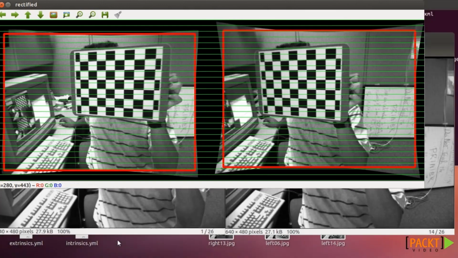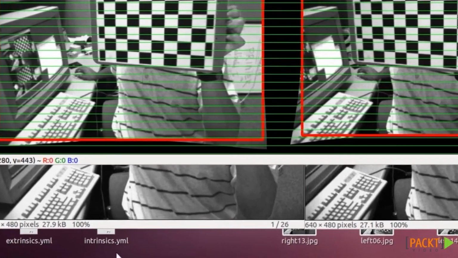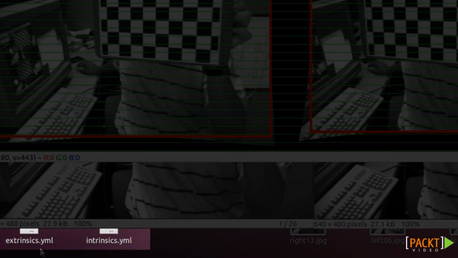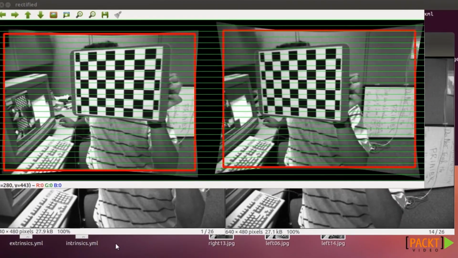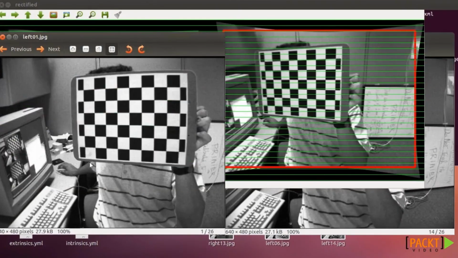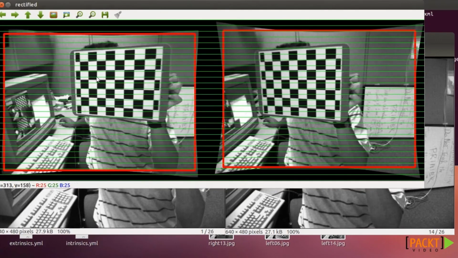And the output of all of this program is two files, the extrinsics and the intrinsics parameters. And with those matrices that are inside those files, you can get this image and turn it into these rectified images. Okay, so that's pretty much everything that you need to know in order to get your images there